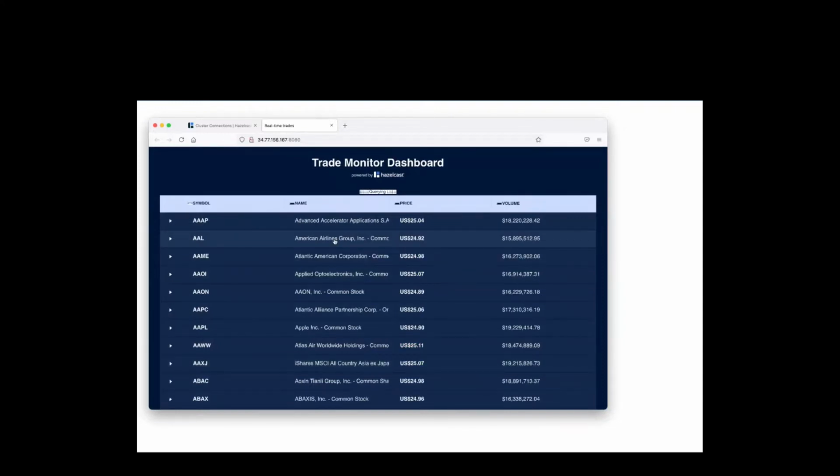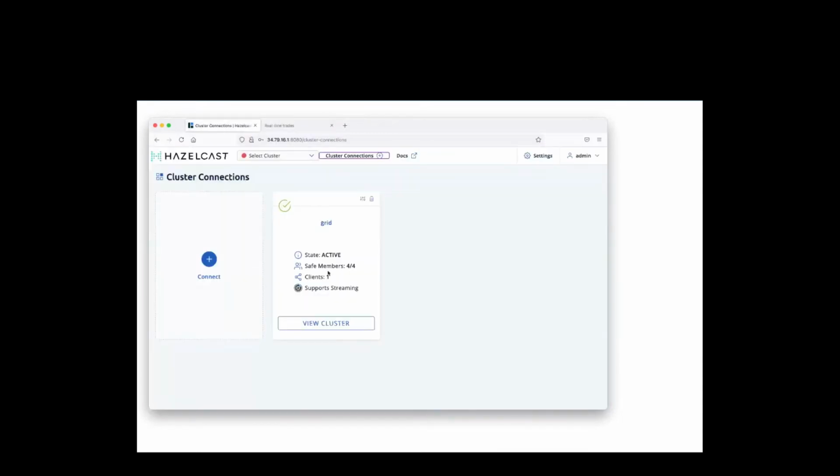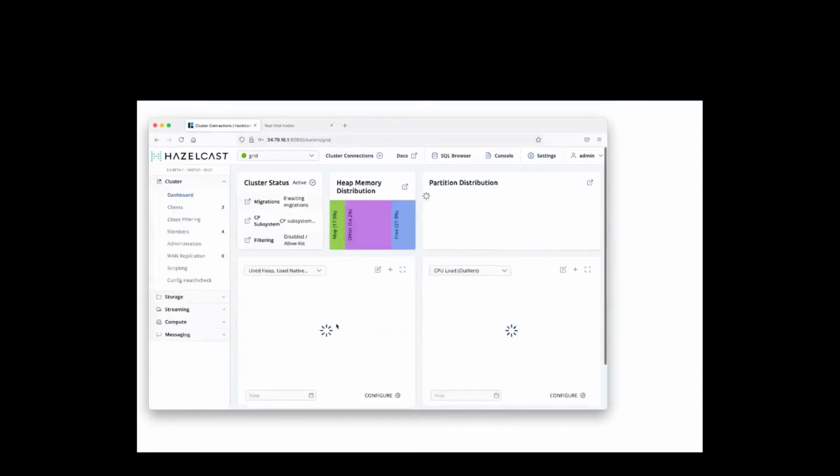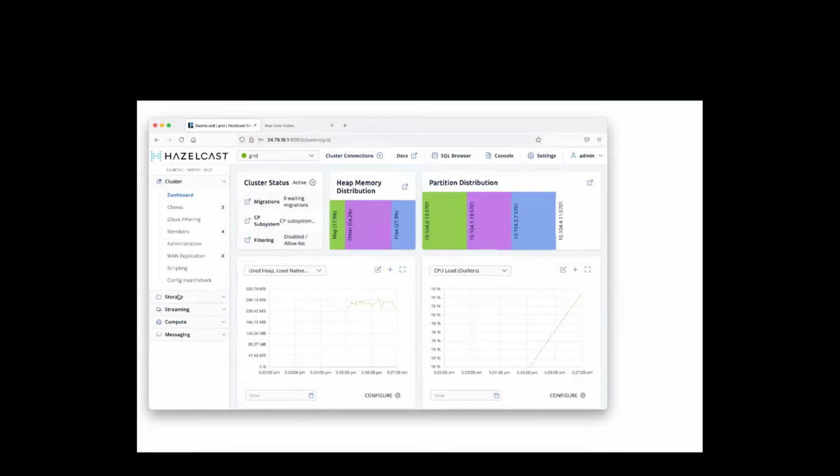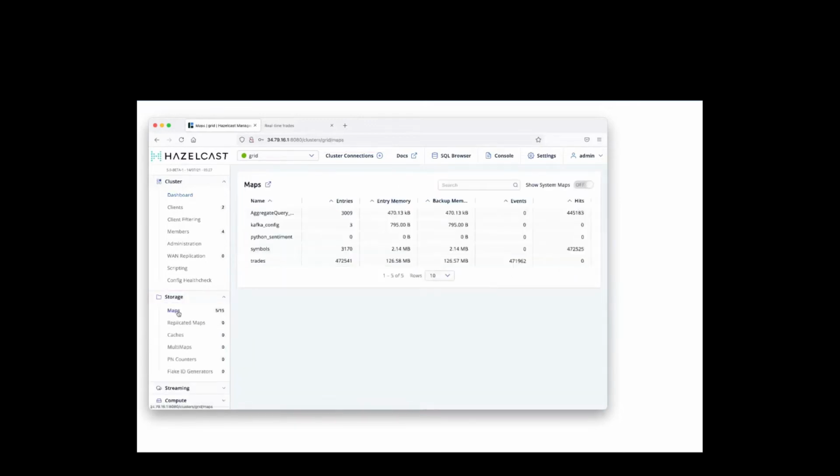You get to see what's happening in the market right now, since the start of the day, or since whatever time window you're interested in. And arising out of that, you're going to want to do those what-if queries. So let's take a trip over to our management center now. This is actually a 4-node cluster. If I connect to my cluster, and go and have a look at my Hazelcast maps,